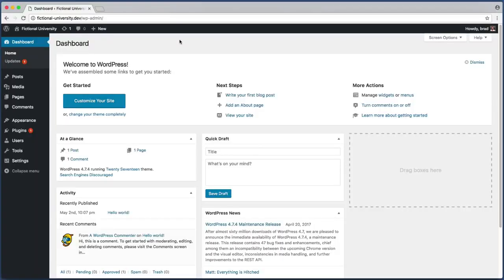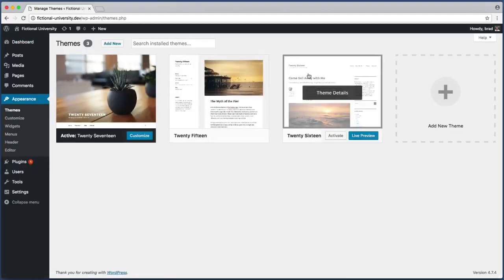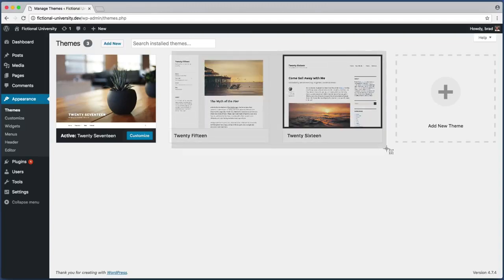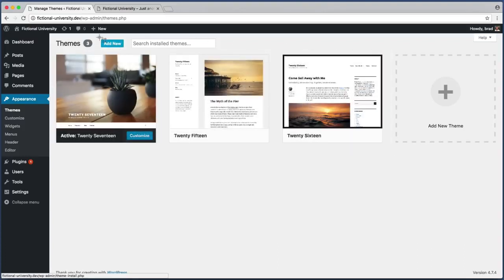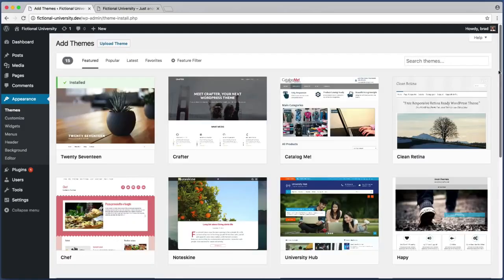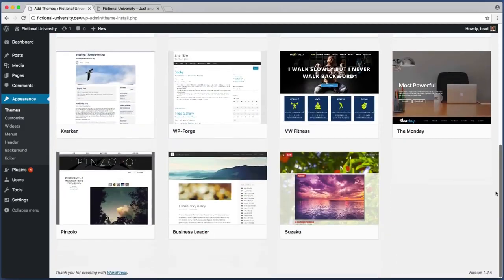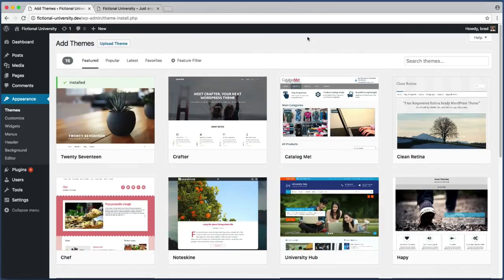Okay, and if we were not developers, one of the first things you do on a typical WordPress website is look for a theme that you like, right? So you might head over to the Appearance tab and switch to one of the other themes that WordPress comes with out of the box. Or most of the time, you don't want to be limited to just these themes that WordPress ships with. So instead, you might click Add New here. And then you could search through the thousands of free themes. Or your third main option is to use this Upload Theme button in case you purchased a premium theme from